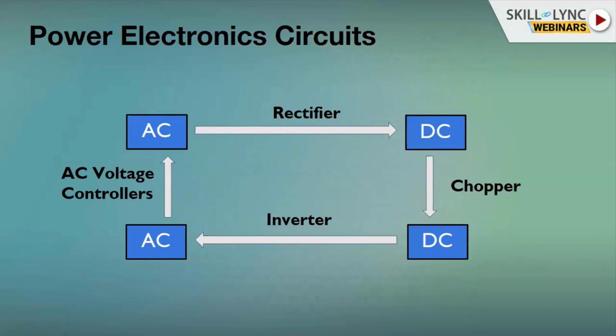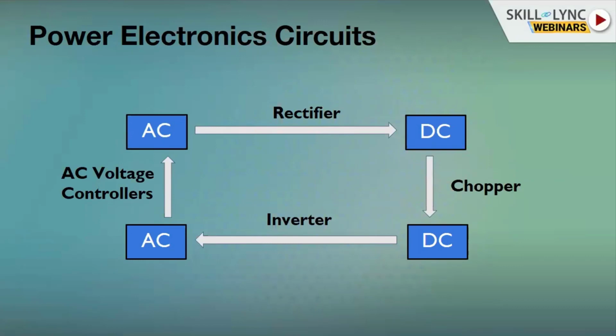Then we go in for using a chopper. A chopper is a device which converts a fixed DC to a variable DC. So a fixed DC voltage, maybe 48 volts, will be shifted to 12 volts for a specific application, or it could be shifted to 5 volts, or it could step down to 3.3 volts also. So the chopper is the next classification of your power electronic converters. Moving on to the inverter topic we are discussing, there might be applications where we would convert DC to AC.